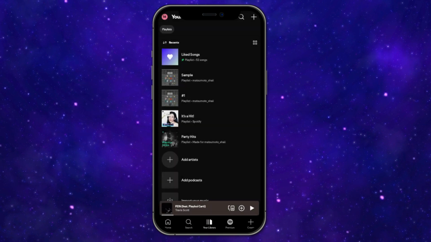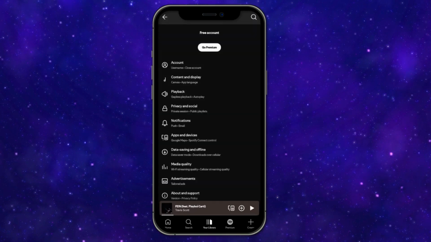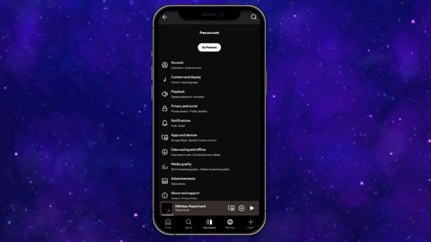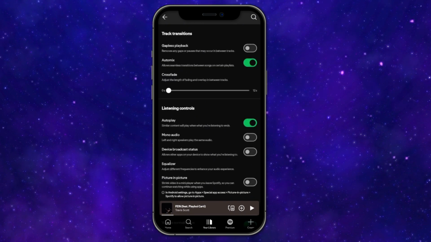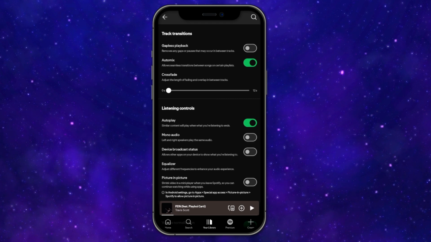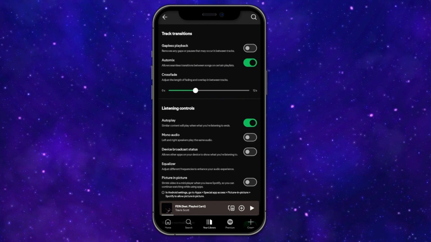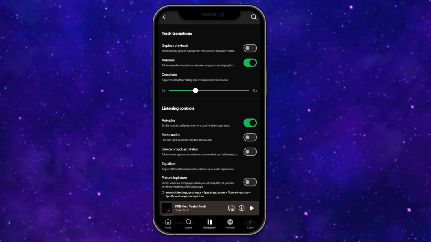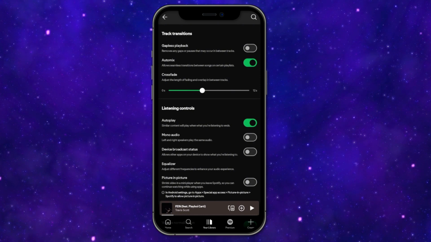So on your device, head over into the Your Library section, click on your profile icon, and then select Settings and Privacy. Go ahead and open the playback settings section, and then look for the crossfade section and set the crossfade duration. Take note that Crossfade does not work with Spotify Connect devices, and Automix may override it